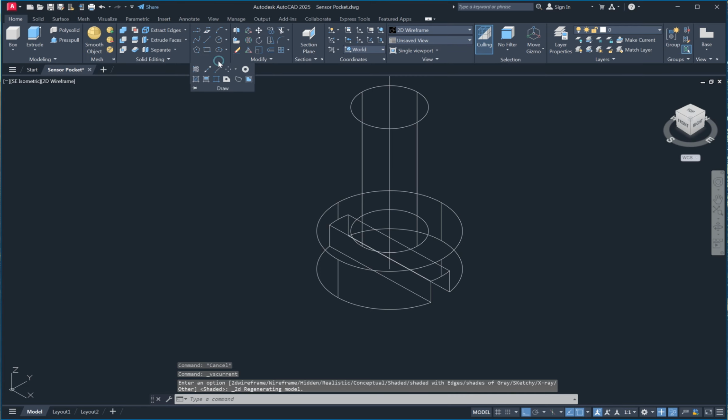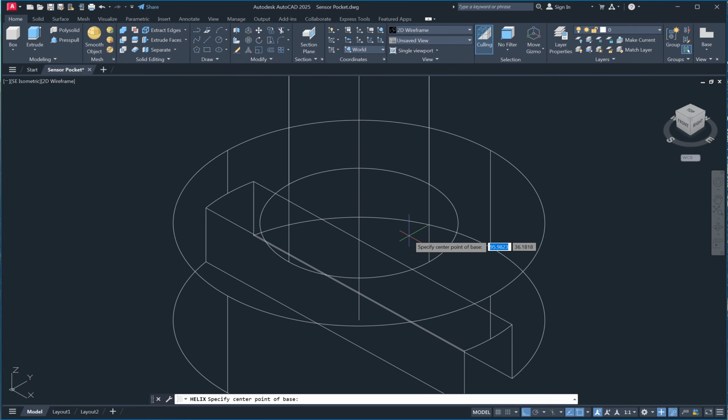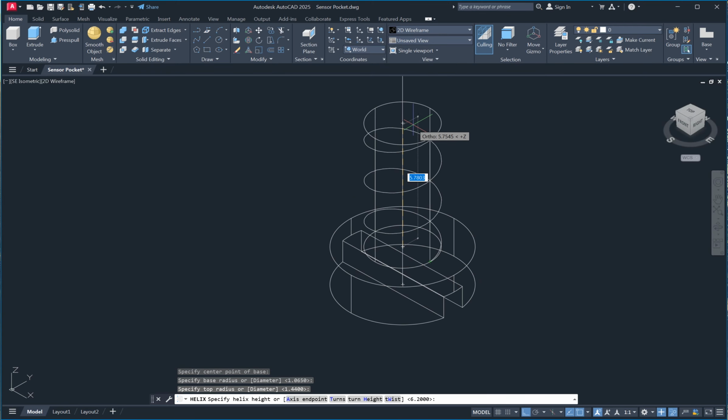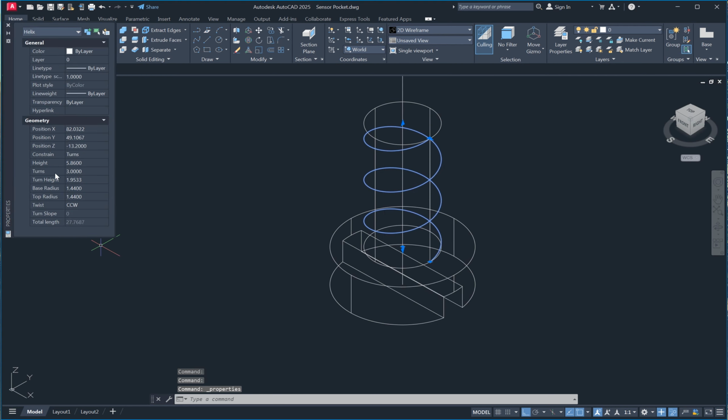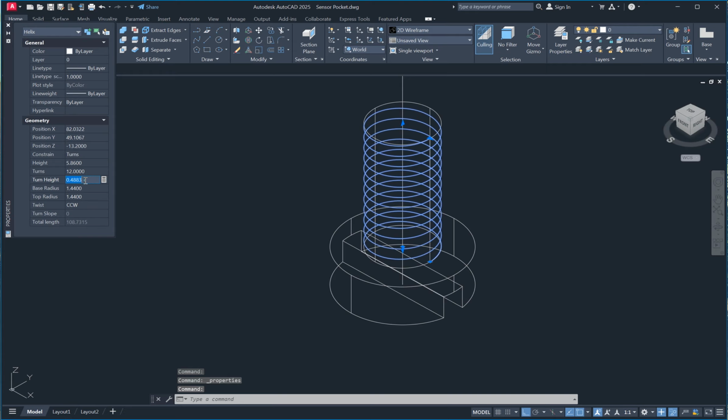So we go to draw, helix, specify center point, specify base radius and top radius, the same, and specify helix height, and select helix, right click, properties, turns, we give 12, turn height 0.5.